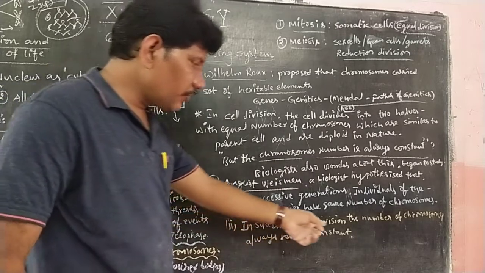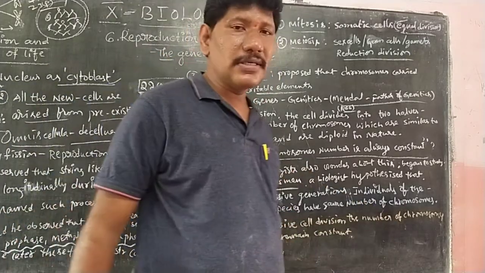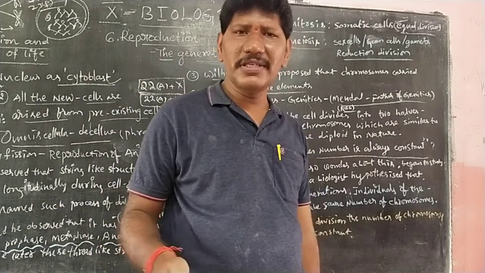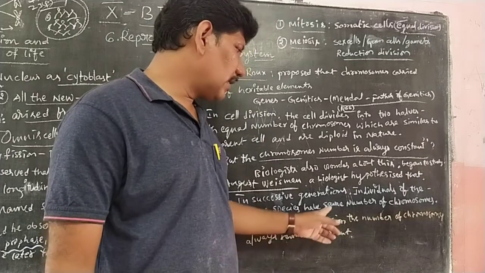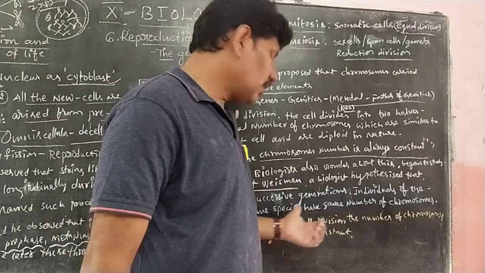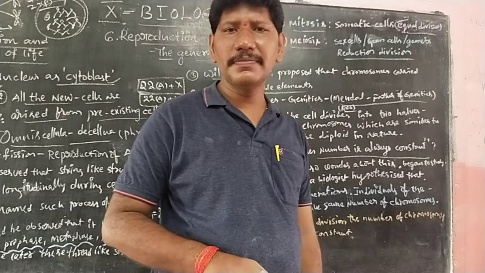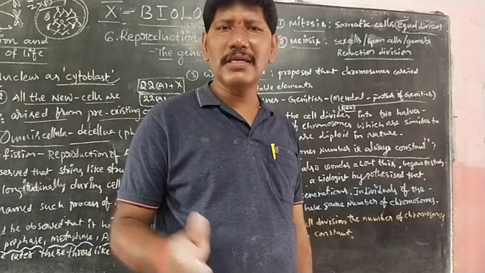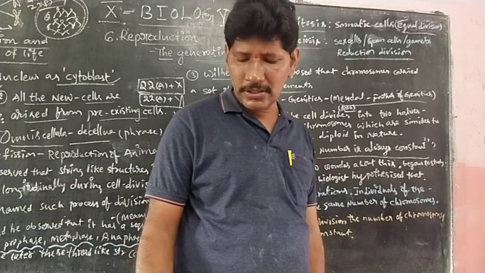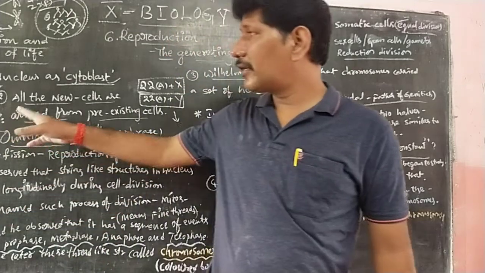In successive cell divisions, the number of chromosomes always remains constant, and the same number of chromosomes is present in that same species. For example, human beings always have 46. So in every successive cell division, only 46 chromosomes will be present in every daughter cell. Is that clear, children? This is the information given by the scientists related to